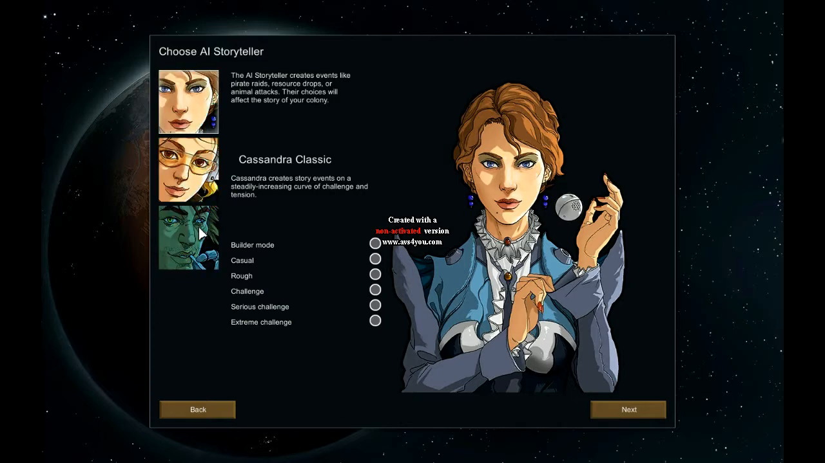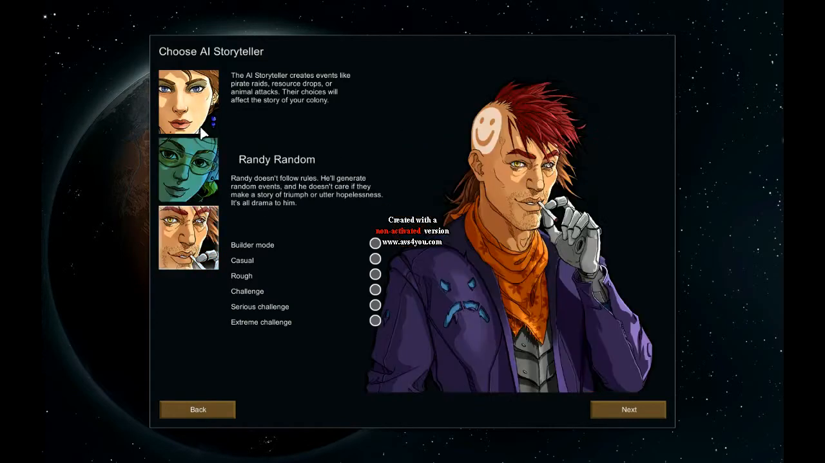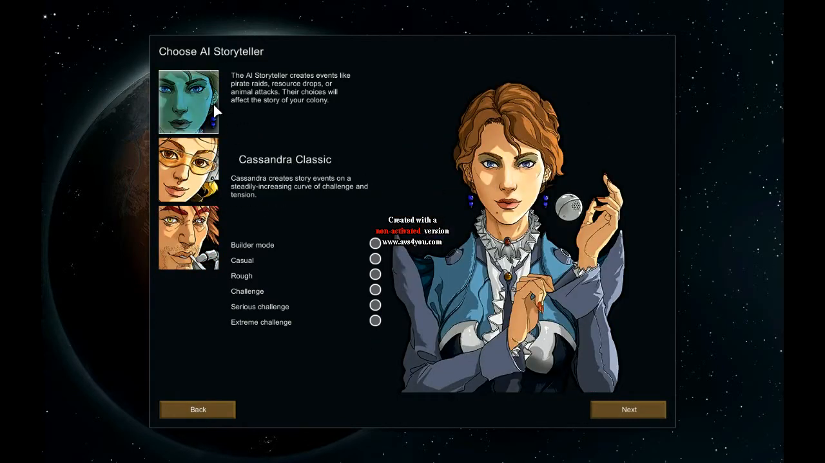Now with your AI storyteller, you have 3 different storytellers, and they're all different. Cassandra Classic gives you story events like eclipses, raids, psychic signals, stuff like that, on an increasing curve. So it starts out easy and gets harder the longer you survive, and you can also change it here as well. If you look, builder mode,